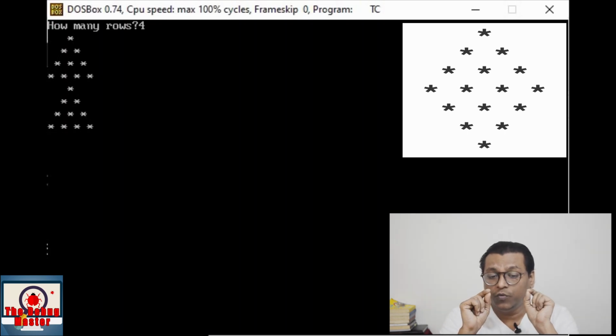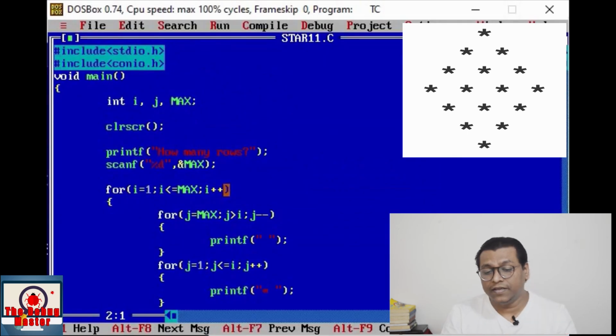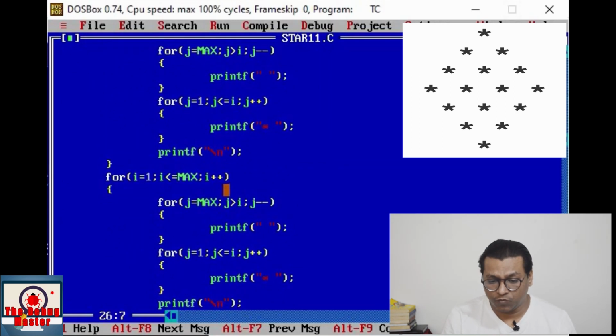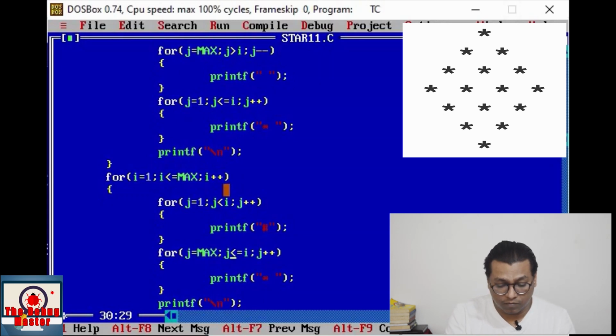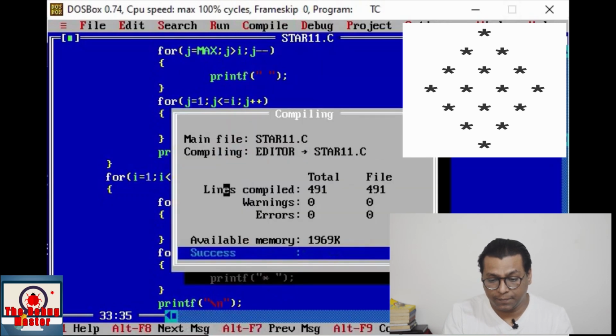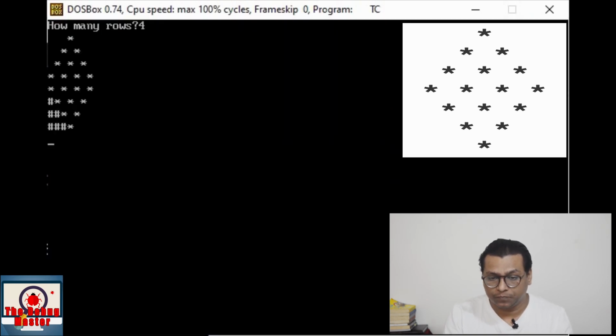Now we need to reverse the star pattern and the hash pattern as well. So simply we shall change the logic over here. So here we shall write j is equal to 1, j is less than i, because we are skipping the equal to condition, and here we shall write j plus plus. We shall print hash here, and here max greater than or equal to i and j minus minus. Simply compile and run. Right friends,